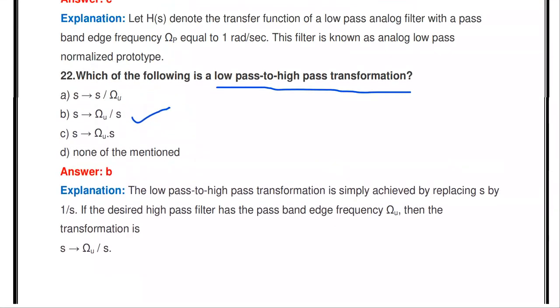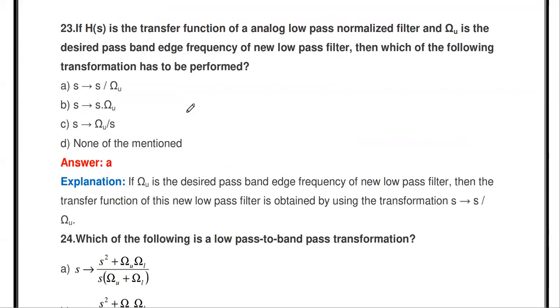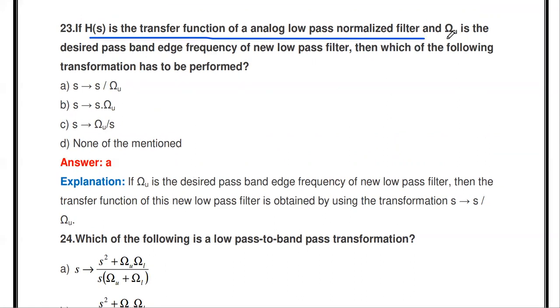These are all important transformations. You already used this in the Butterworth filter design problems. Then the next question: if H of S is the transfer function of an analog low pass normalized filter and omega U